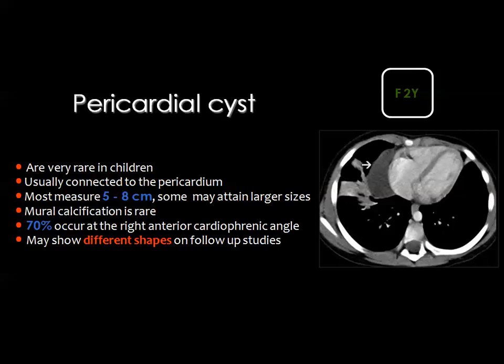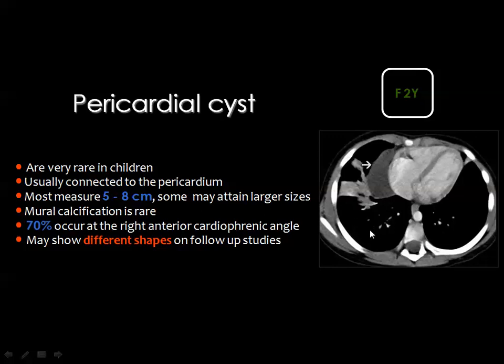may contain internal septations. Then if you look carefully here, you can easily appreciate that this is not a pulmonary lesion. If this were a pulmonary lesion, you would say this is a hydatid cyst, which is the most common cyst containing fluid in the lung. But if you look carefully here, number one, the cyst is conforming with the cardiac contour, meaning that this cyst is within the mediastinum, and if it were inside the lung, it would be